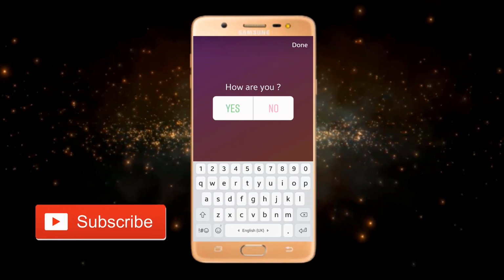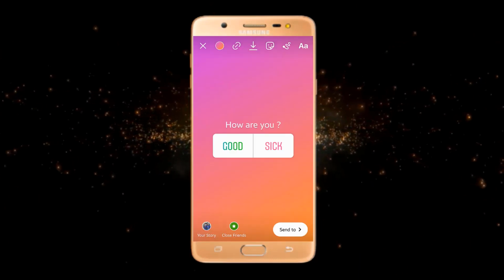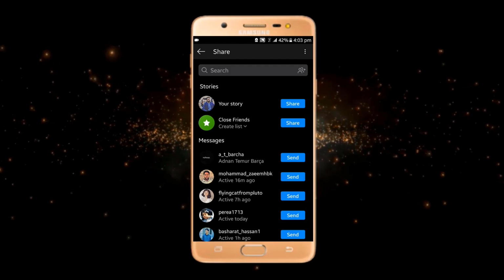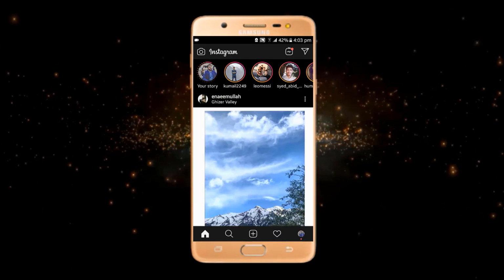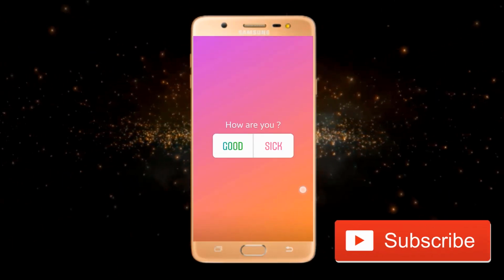So here I will just change my option. After that I will just click on this send to and here I will just add this to my story. Okay, now click on this done and now if I check my story then here you can see that I have added this poll to my